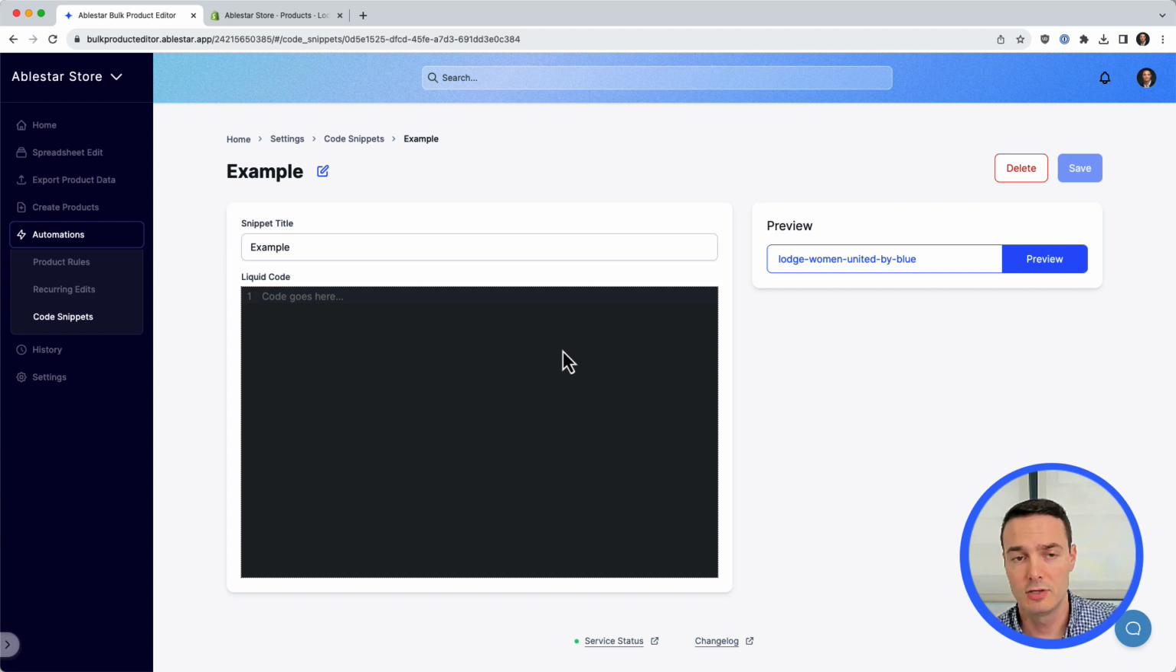On the left-hand side, you can write pretty much any Liquid code that you want, and then on the right-hand side, you can preview this Liquid code against products on your store without making the actual modifications yet. As I mentioned, you can write pretty much any Liquid code here. The main thing you'll want to be working with is the product object in Liquid. So if we just wrote some Liquid code to print out the product's title,